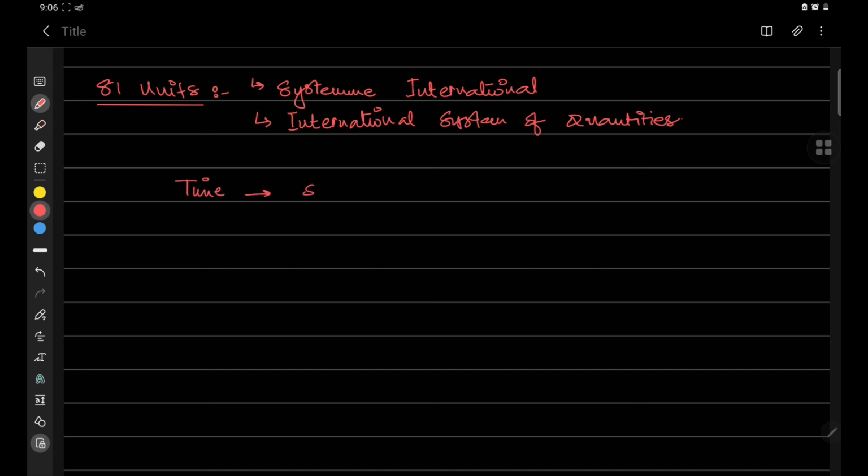When we talk about time, the SI unit of time would be seconds. The symbol we use for second is just a small s, right? So why do we say that the SI unit of time is seconds? What do we mean by that? We mean that, according to the international system, no matter where you are in the world, let's suppose you're in London, in the UAE, or somewhere else,